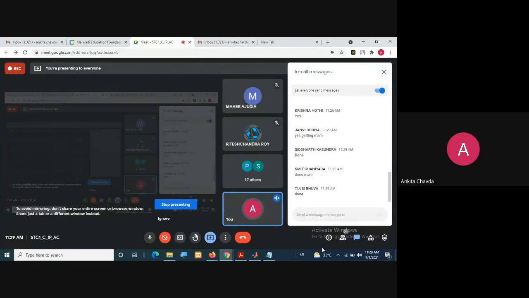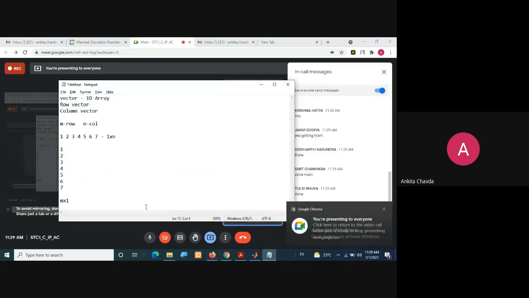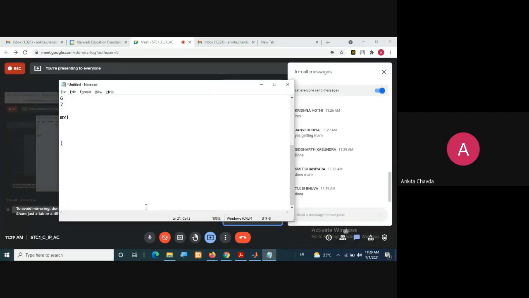Fine. Now if you want to access any element from the matrix, you already know what the index is. In C language, generally you say this is your 0th row and 0th column, and you start from there.